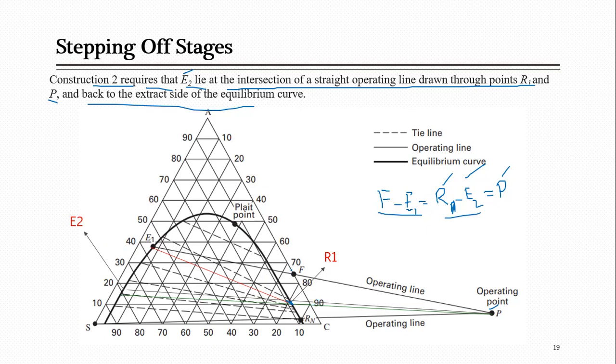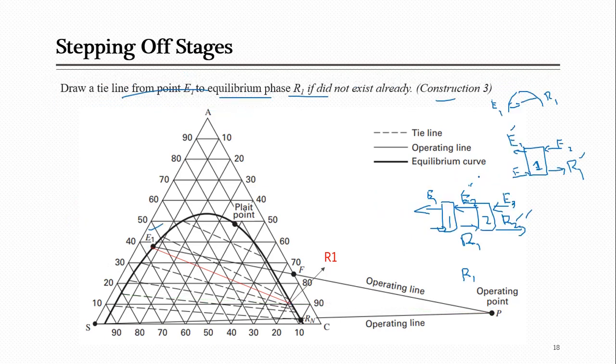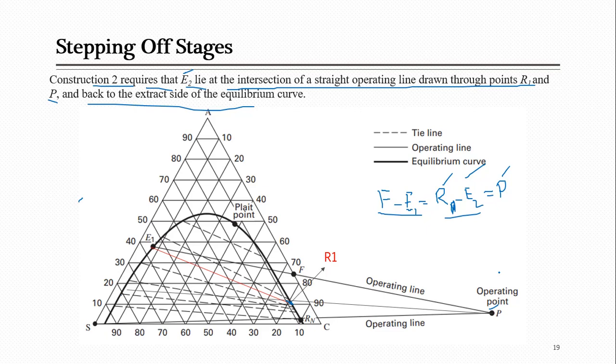Then we jump back again to the line which is passing through P and the next R1 point, and we have located E2 now. It means the next step is to go for a tie line, and that tie line will be connecting what will be in equilibrium with E2. You remember that from stage 2 I have shown you in the last slide. I have explained that E2 and R2 will be in equilibrium, but none of them was available inside the diagram. So first of all we have located E2, and how have we located E2? Actually by using this operating point, because E2, R1 and P will lie on one line, so by drawing that line we have located E2.